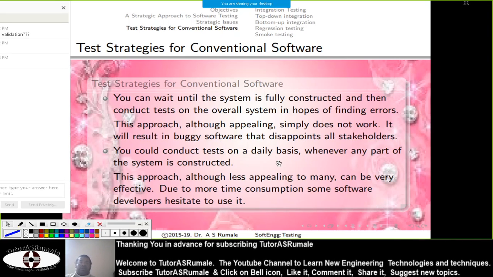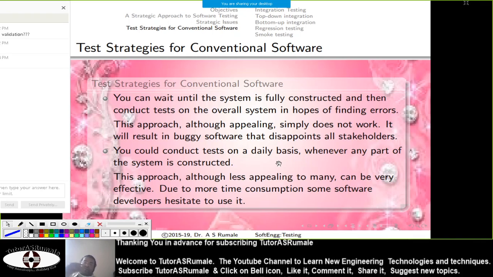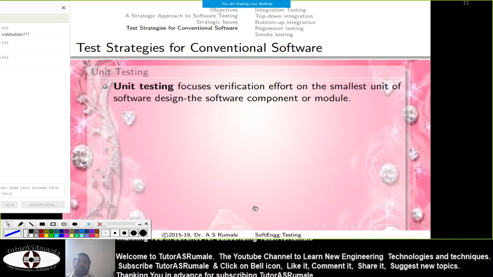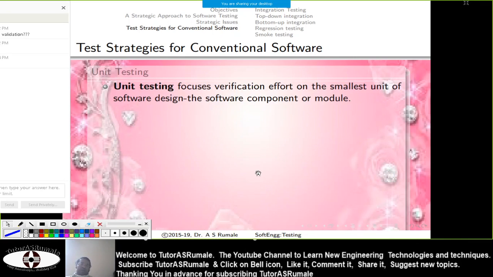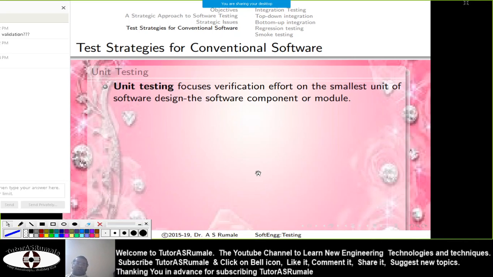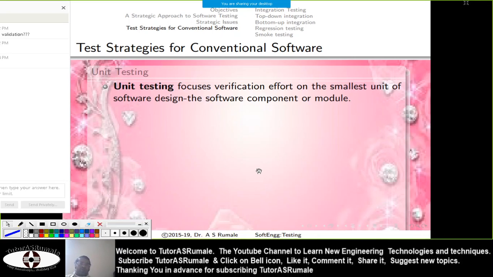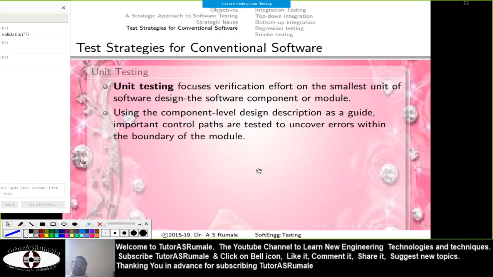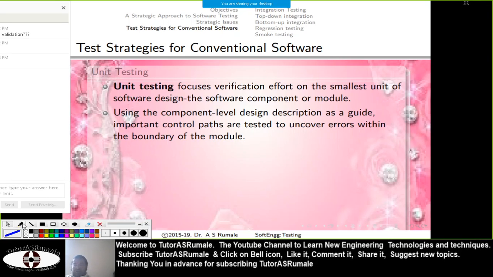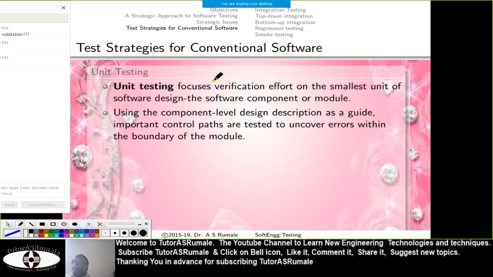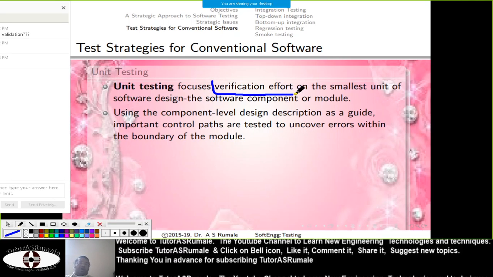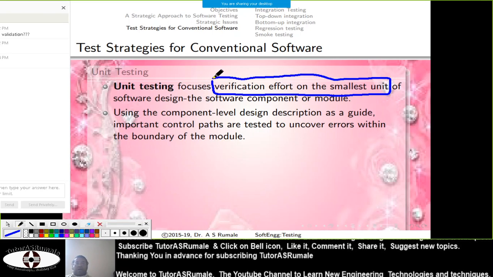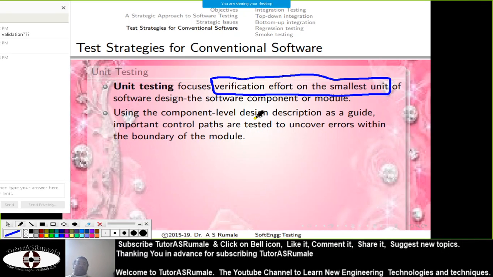So this now seems to be a time taking process, but it actually gives you the quality software, and that's why we require to assume this in a way. Then unit testing is there. So we are going to see the different test strategies for this conventional software. First is unit testing, which focuses verification effort on the smallest unit of the software design. Now we already know that verification means testing of the unit by a technical expert or the developer himself, so the smallest unit. So a person is required to be qualified enough to verify that particular thing.